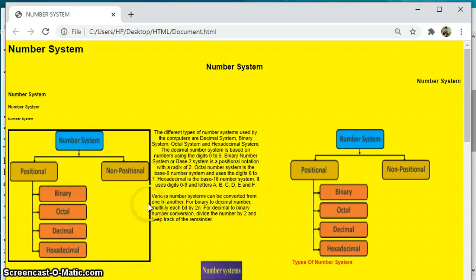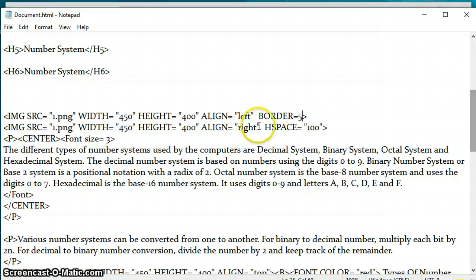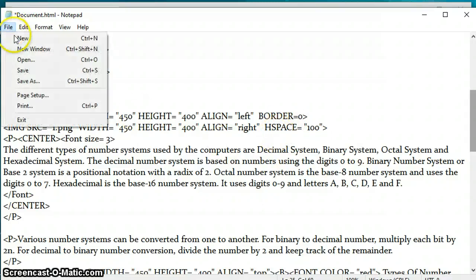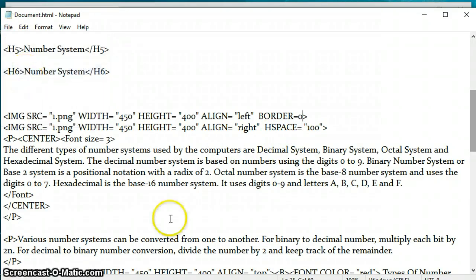Now I feel that there should be a space between the text and the image, so you can add the horizontal spacing accordingly. Now next, if I don't want the border, I will simply write 0 here. Then the border will disappear.